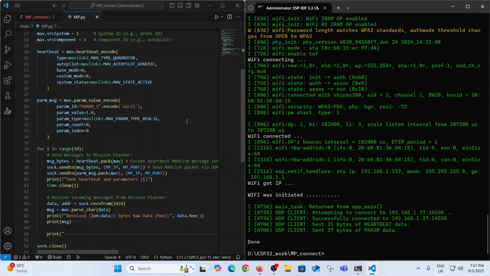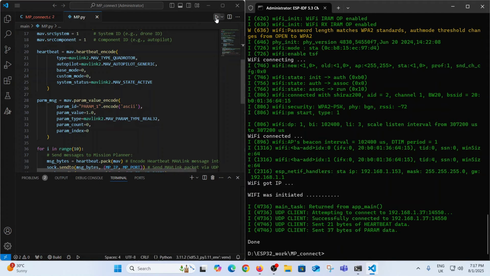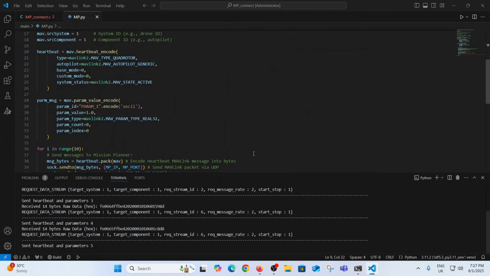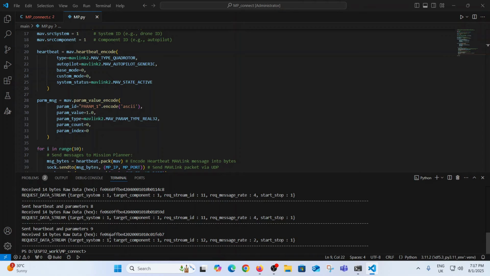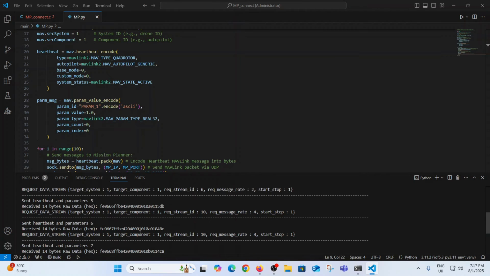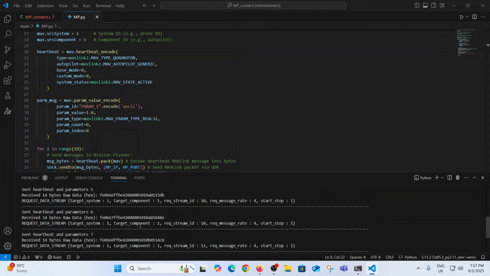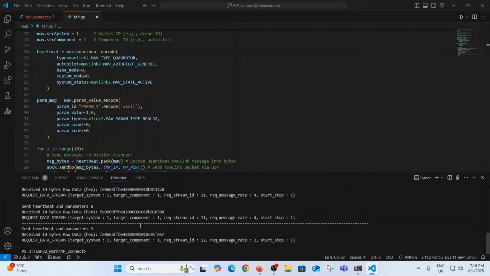Now let's see how the Python file will run on the Mission Planner. We're starting the connection on the Mission Planner and now running the file. First, I will just open it to make it more clear. We're sending the heartbeat messages and the parameters, and now the connection was established. You can see all the messages that we have sent, and now we have a proper connection to the Mission